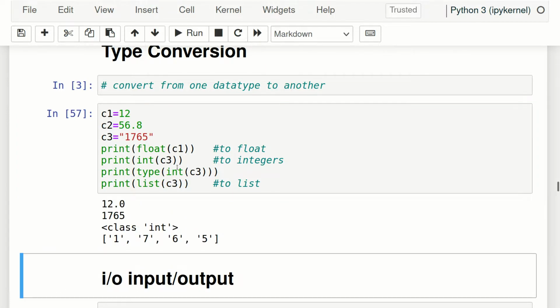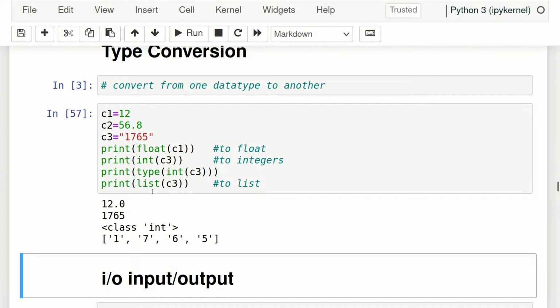Okay, so you can see the first one I printed is float c1, meaning c1 has been converted to float. For integer it was 12, and after conversion to float it became 12.0. Yeah, so we can see the beauty. For float we know that it should be decimal, so it just included the decimal part. Similarly, int c3 means we have converted c3, which is of type string, into int, and we got 1765 as an integer, and we can see the type of c3 is int.